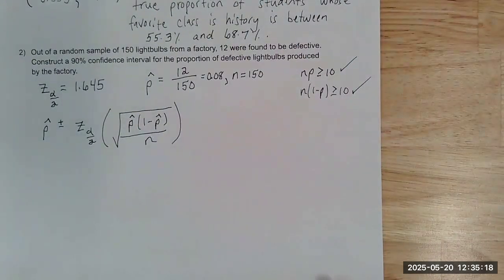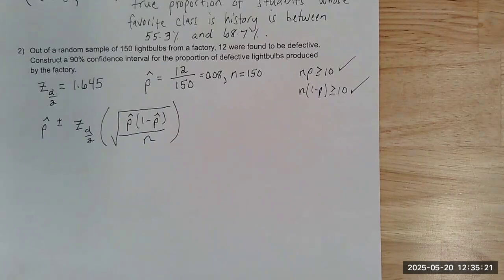Yes. What happens if one of those two is not over 10, and you don't get to do this? Then our conditions are not met. Most people would probably still go ahead and write a little asterisk off to the side saying we didn't meet the minimum conditions. She's probably not going to give you a problem like that, but she might ask